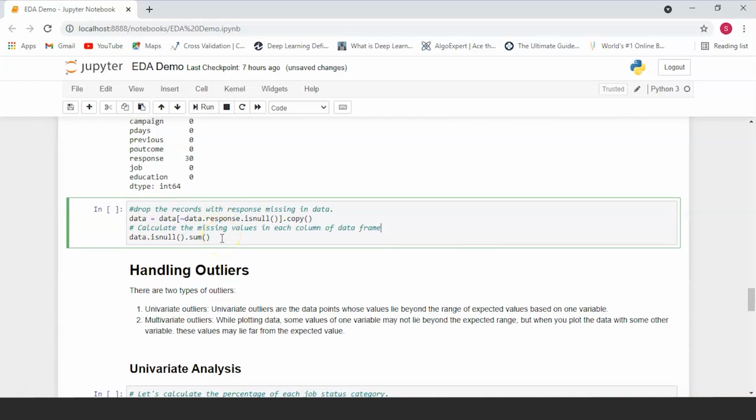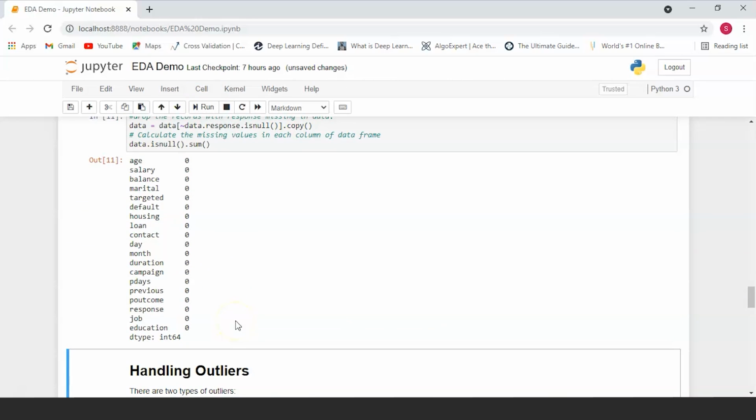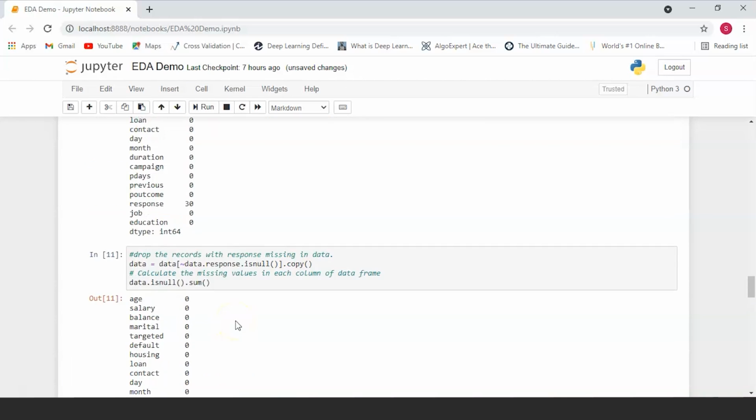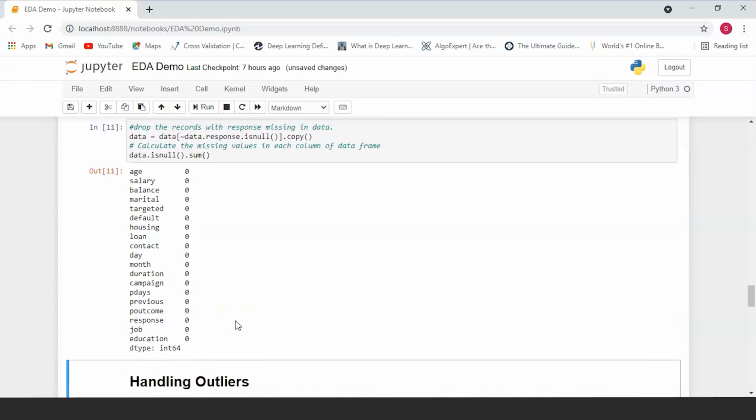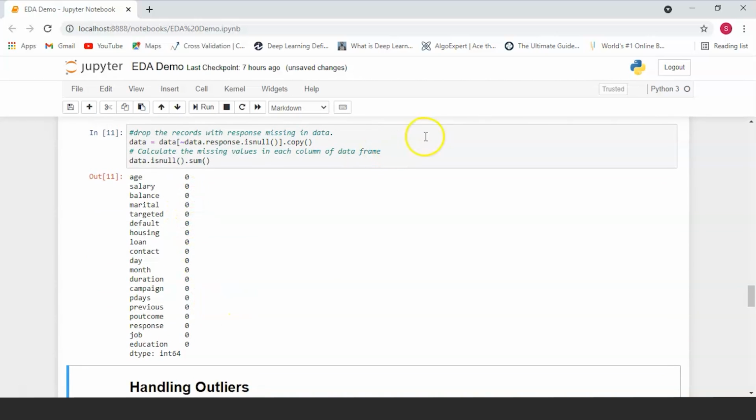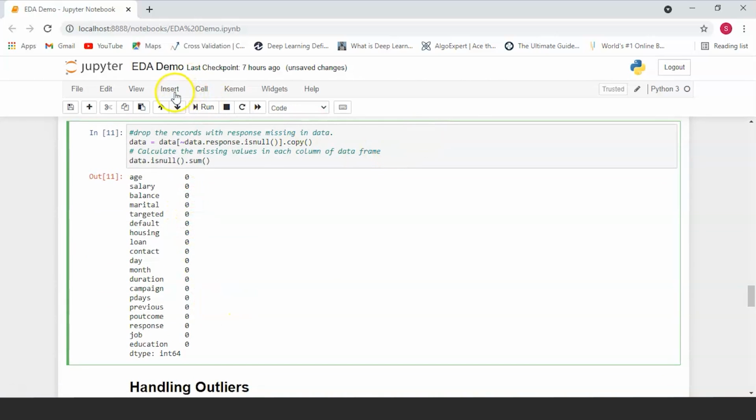Now, if a customer hasn't filled out a response, there's nothing that we can really do about it. We're just going to be dropping all the corresponding rows in the response column which do not have a value filled in. So here we go. Now we don't have any missing values. Let's just take a look at our data set again.